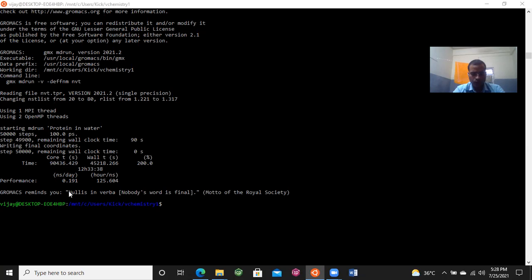So the NVT ensemble hypothesis was successfully applied to the protein ligand complex, meaning equilibrium is achieved in NVT condition.